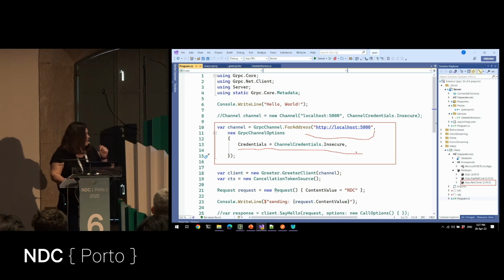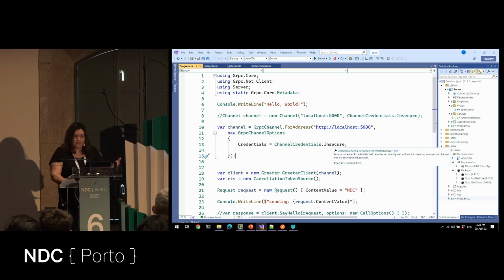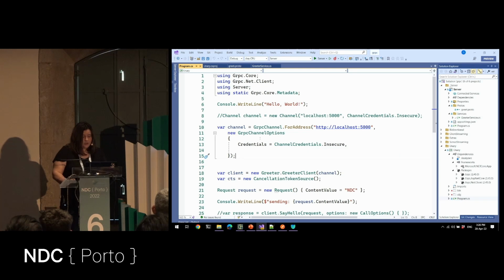The most common example you'll find is this insecure thing. You need to add it to be able to actually make the gRPC request. Otherwise, you will need to add there whatever the solution is, JWT or any other kind of authentication. It's here where you add that.